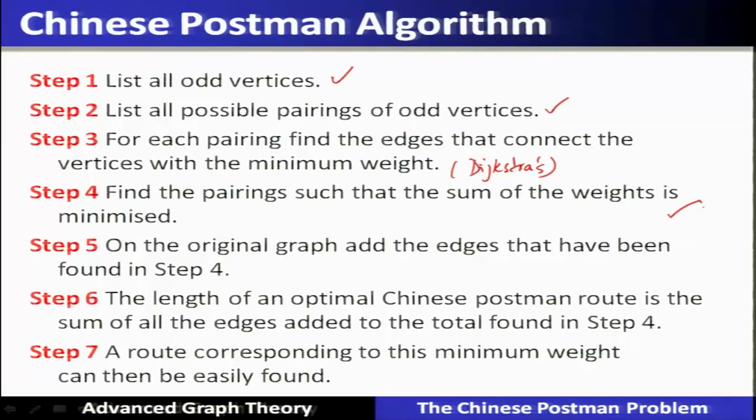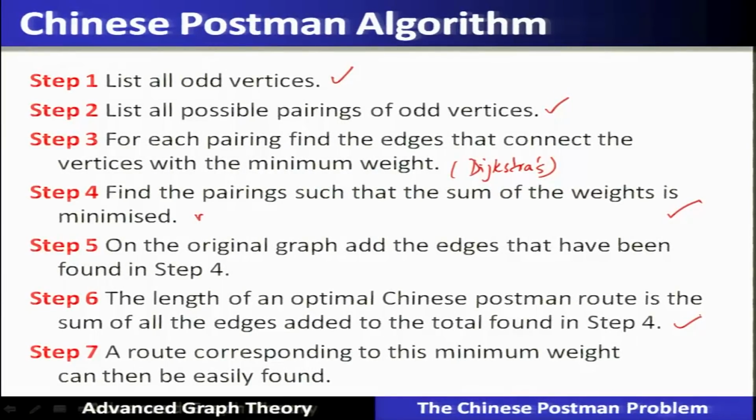So, in the original graph, you have to add those edges that have been found in the previous step, that means the edges with the minimum weights. Now, the length of an optimal Chinese Postman route is the sum of all the edges added to the total, which is found in step number 4. So, this way up to step number 6 we could find out the total cost of an optimal